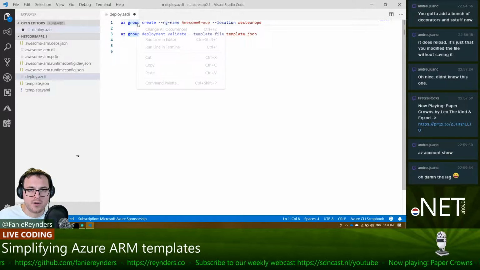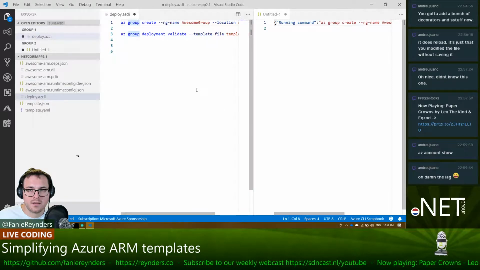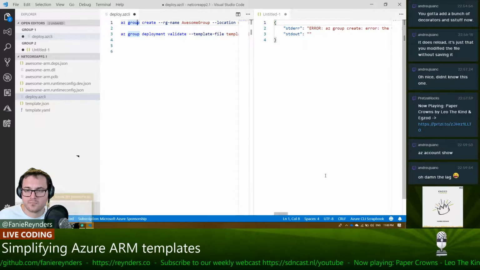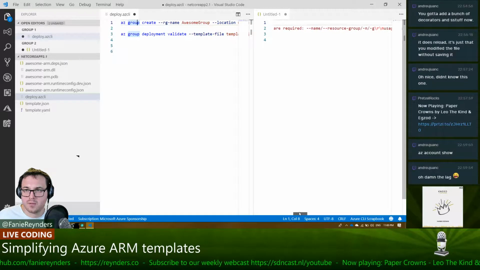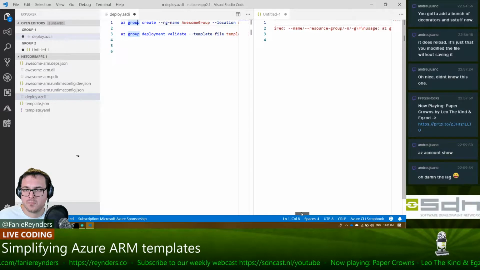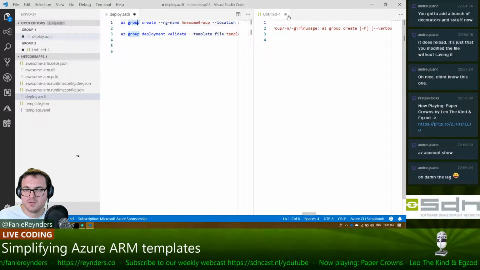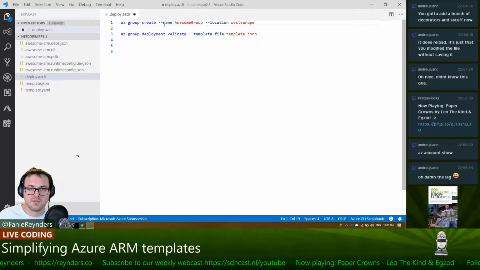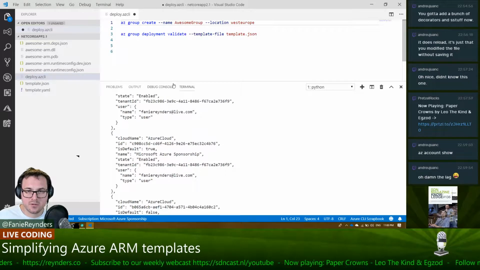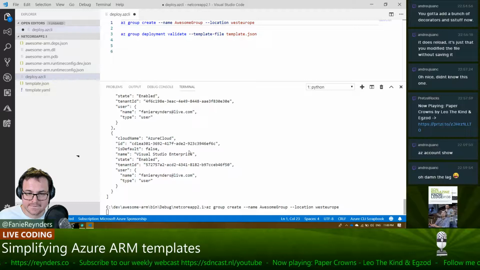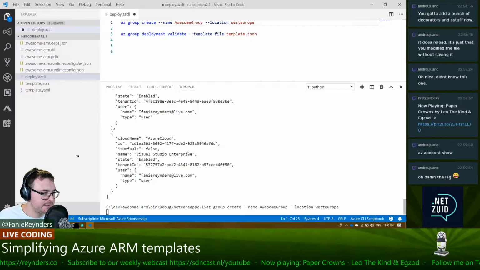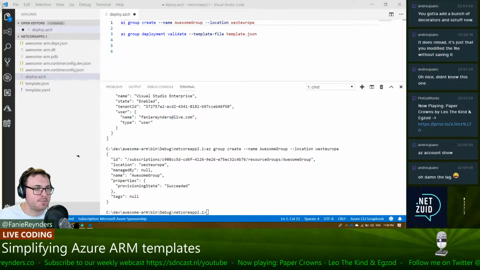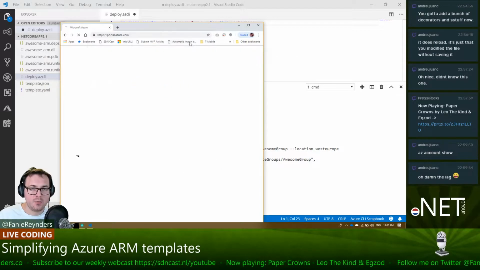Alright, so let's create a resource group. Cannot create it. Name. That's what I specified. That's really what I specified. Let's run this in terminal because it's much easier to read. Yes, that succeeded. So what I'll do now, I'll just quickly go up and open up the portal, just